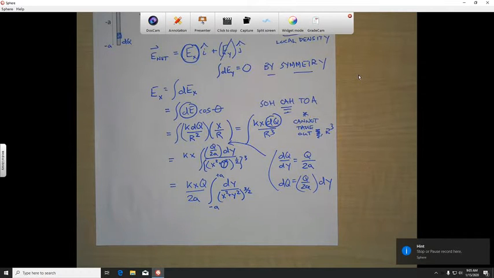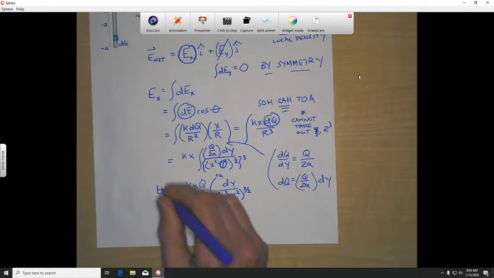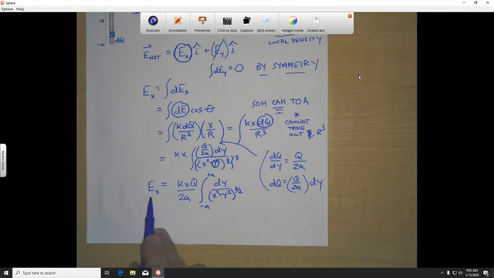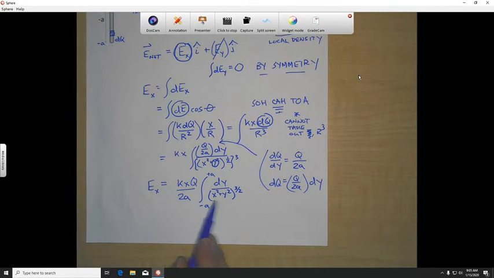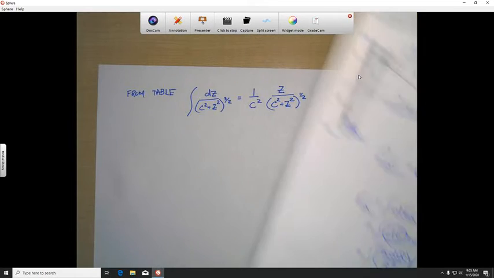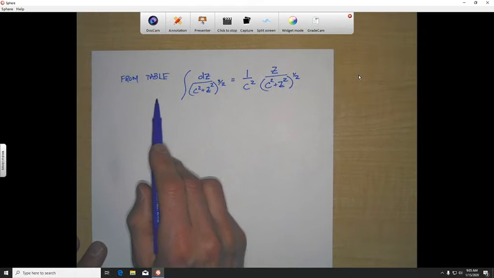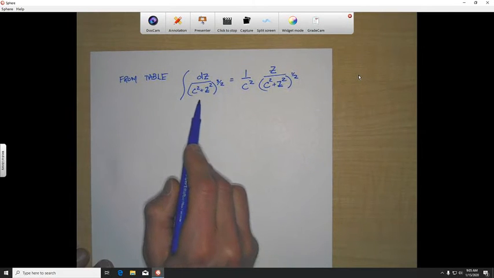Okay, so in the last video here, we're going to pick up where we left off. We had come up with this expression for the electric field in the x direction, and we ended up with this integral here with some constant stuff out in the front. Okay, so what we're going to do to solve the integral is we're actually going to kind of cheat in a way, and we're going to look up an integral from a table, and we'll use it to evaluate the